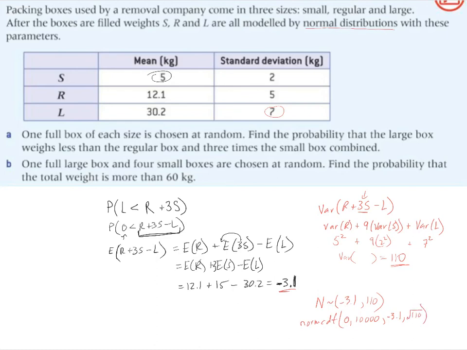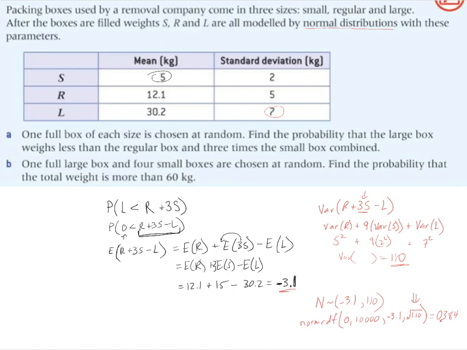Your calculator may or may not allow you to put the square root of 110 here. If it doesn't, then you'll need to go out of the screen where you're working with your norm CDF, type in the square root of 110, get a decimal for it, and then put that number in here. 3 or 4 decimal places is fine. And then you should be able to do the norm CDF, and we get a probability of